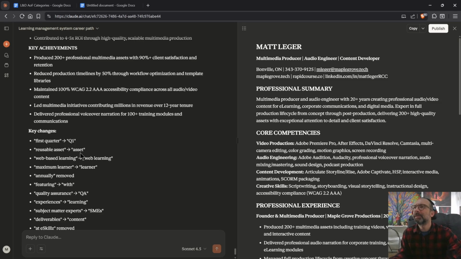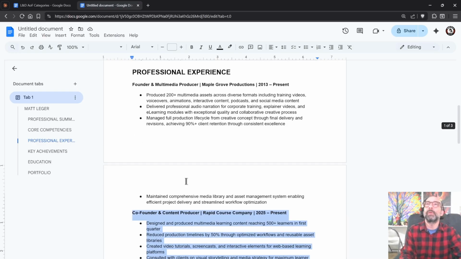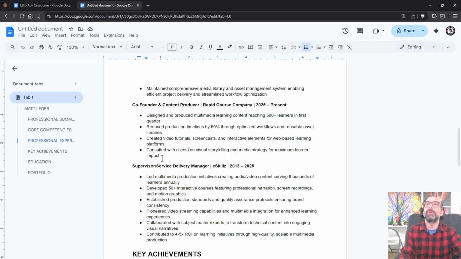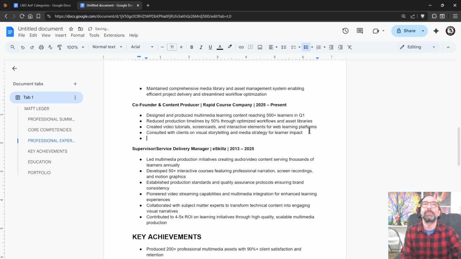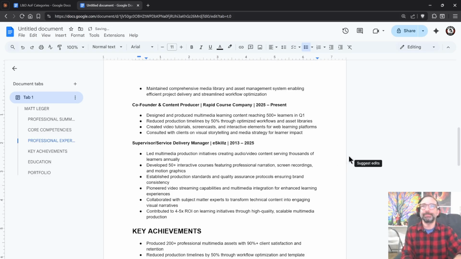Some of these things I don't know if I like that it removed, like some valuable words here that I would prefer that it didn't remove, like reusable. I think when it comes to multimedia and reusing recordings, for example, that's a huge keyword to maybe consider keeping in. So let me just see. And so we did MGP, so now we're going to do RCC. Control Shift V. Perfect. So that one I'm going to keep.